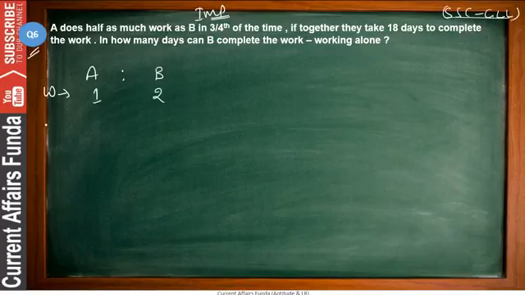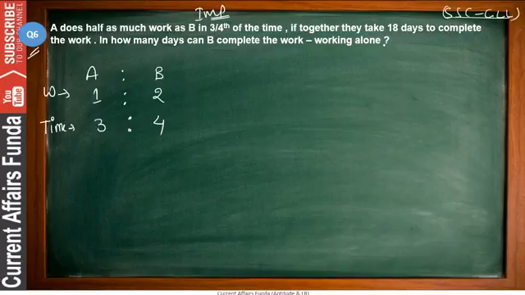Okay, and they are taking 3/4 of the time. That means A is taking 3 and B is taking 4. That means we can say 3/4. Okay, so work is given as half, time is given as 3/4, the A and B relation. Okay, if together they take 18 days to complete the work, in how many days can B complete the work